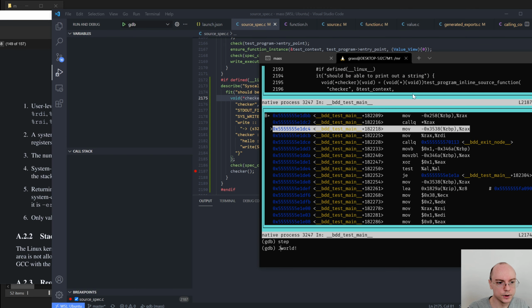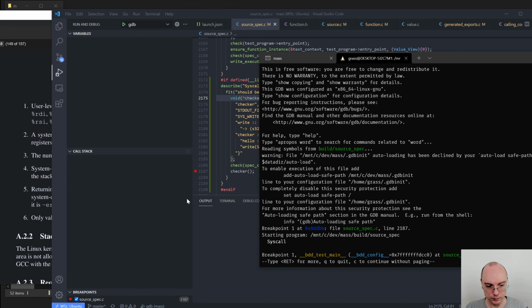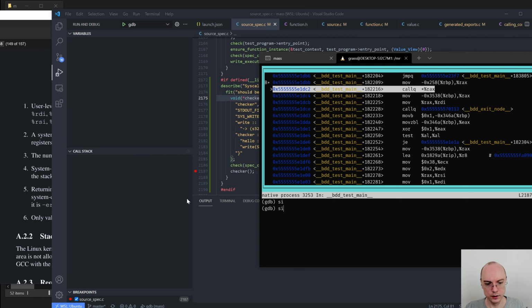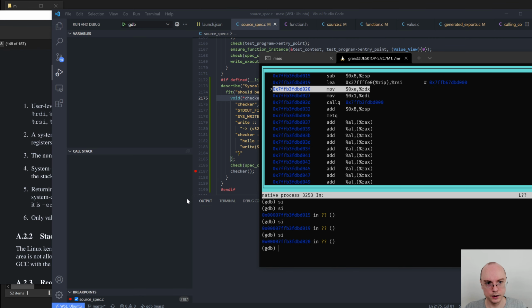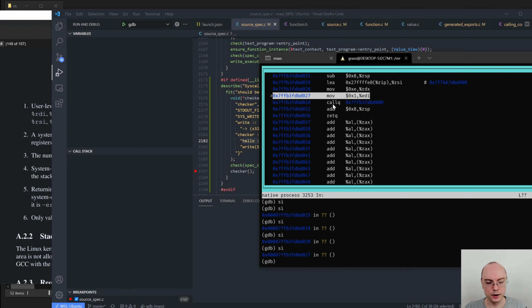So that was, I think we need to restart it. Yeah. Kill it. Layout asm. Is it like this? Yes, that is what I want, I guess. So si. So looking at the code, this is this stuff, and then it calls